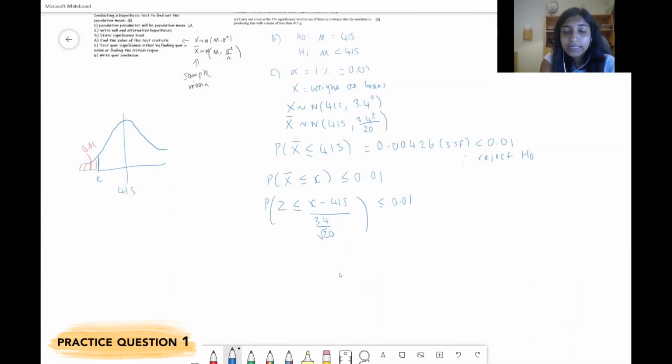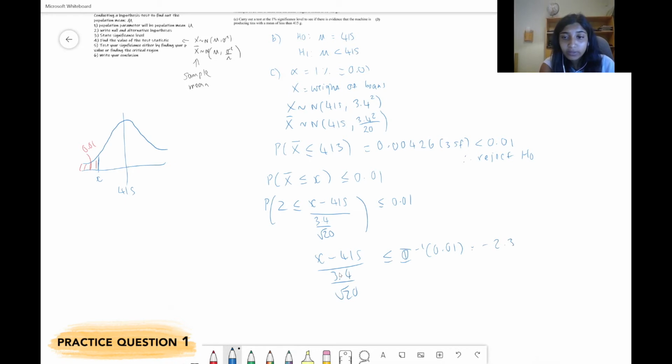So we want x minus 415 over 3.4 over the square root of 20 to be less than or equal to the inverse normal of 0.01. If you type 0.01 into your calculator, you should get